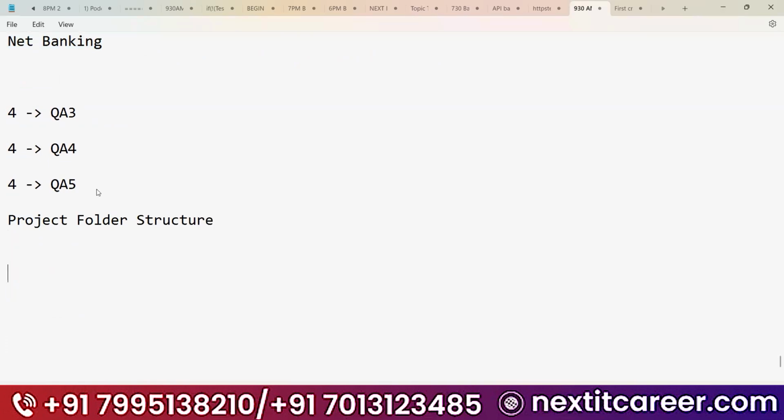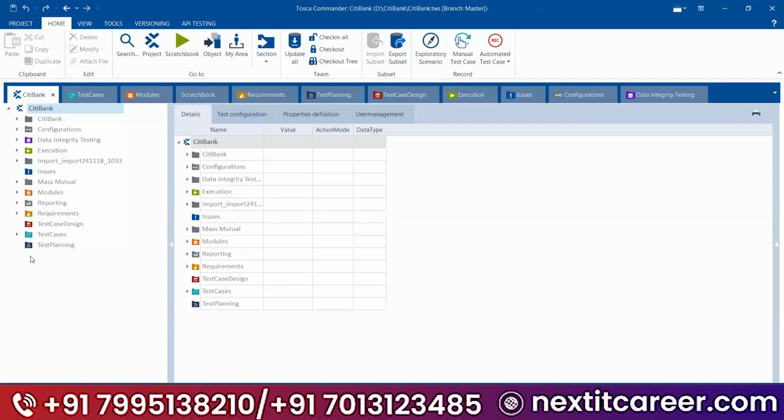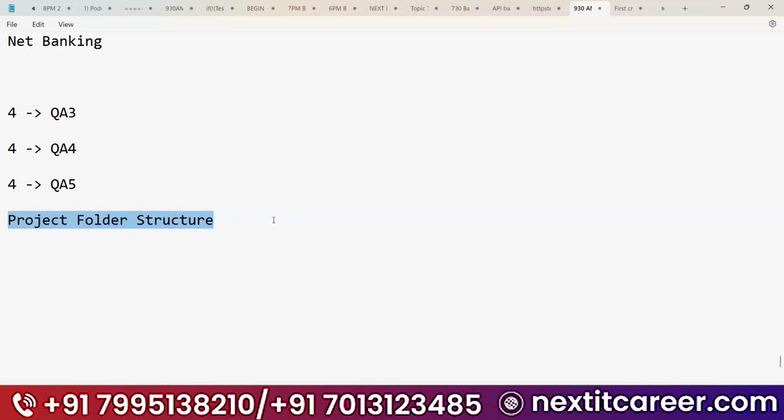Okay, project folder structure. Now what you need to do in order to kickstart your Tosca automation, after installing it, once you have gone into the workspace, the first step is to create a project folder structure.